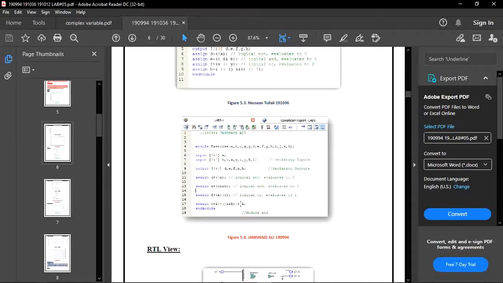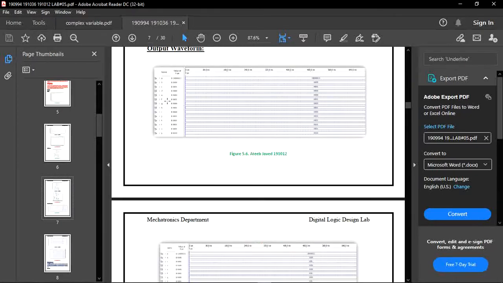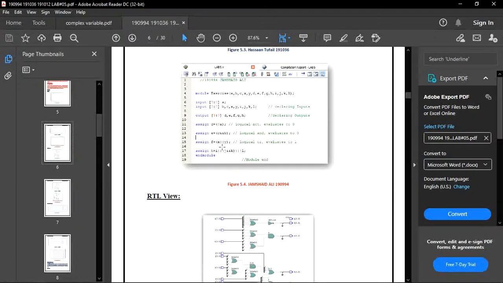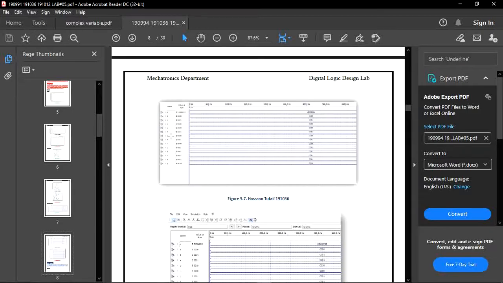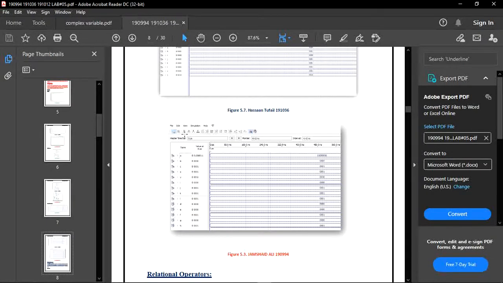So now if we perform our second operation, which is C double AND cross B, then it will be logical AND and evaluates to 0. Then E will become 0. So now you can see in our output, E will become 0. And the third operation, which is X double OR Y, operates to logical OR and evaluates to 1. So now you can see in our output waveform, it will become 1. So now here the value of F is 4-bit 1, meaning 0001. So this is all our logical operators performed.